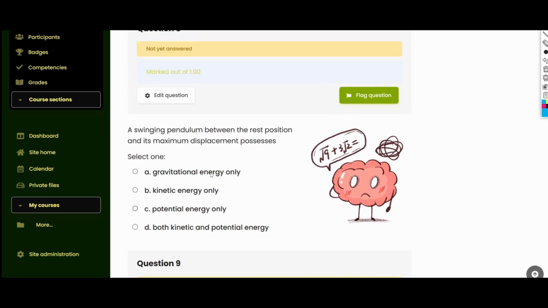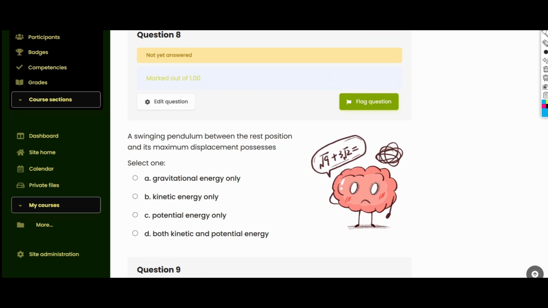Question 8. A swinging pendulum between the rest position and its maximum displacement possesses gravitational energy only, kinetic energy only, potential energy only, or both kinetic and potential energy. Now we have said a simple pendulum. So if we assume this is the position of rest of a simple pendulum, this is its maximum displacement, respectively